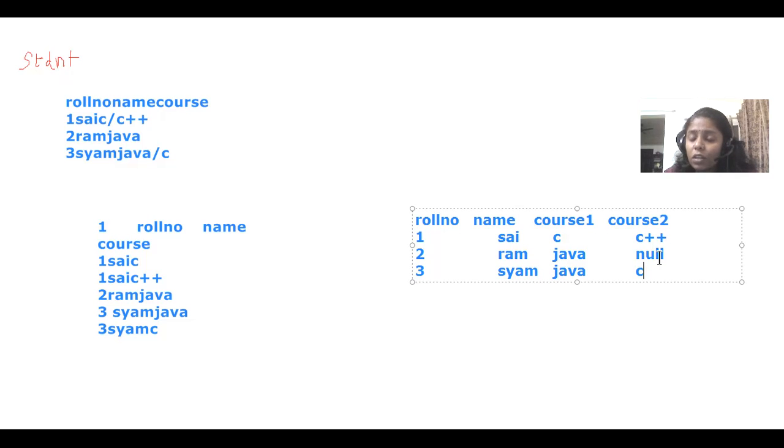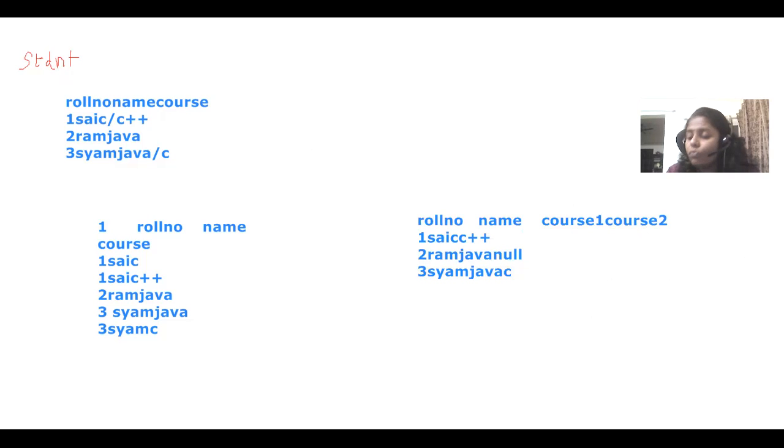So now we should not follow this method, because we have to utilize memory and we have to reduce the redundancy of the data. So we can go for another method, the third way of converting it into normalized form. Here in the third method, we are dividing the table into two. Okay, so the first table contains